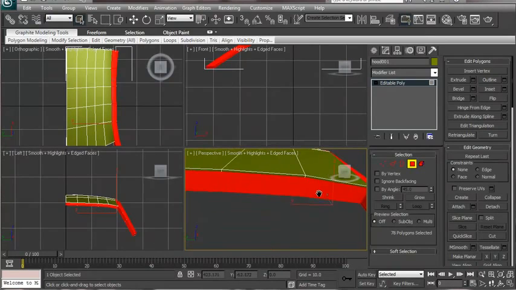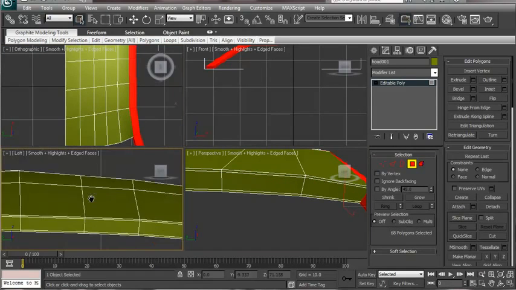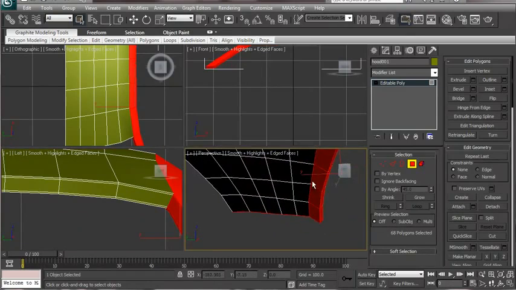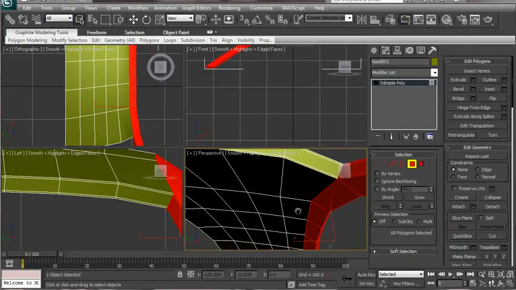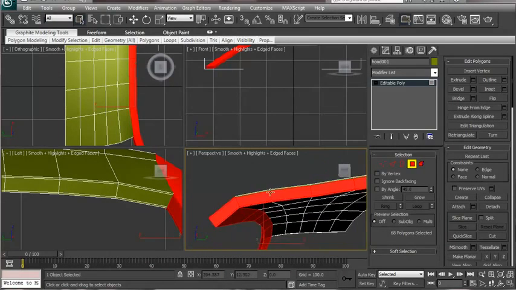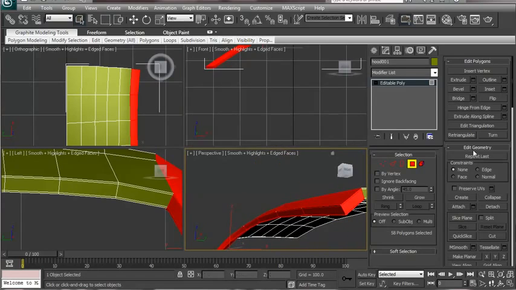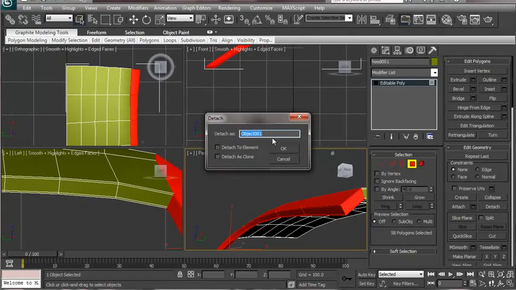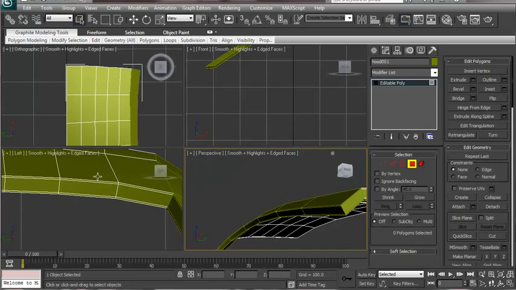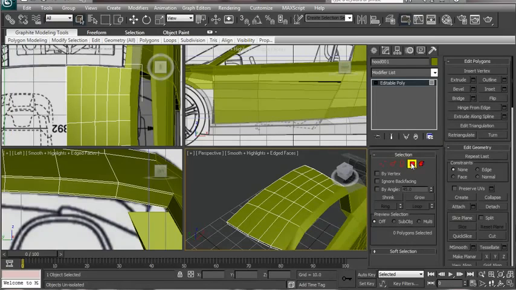Let's select all these faces, and I don't want these faces to be selected. And then let's deselect also these faces, and we can detach this geometry and name that as hood piece 1, and let's exit isolation mode and enter into isolation mode for this geometry,